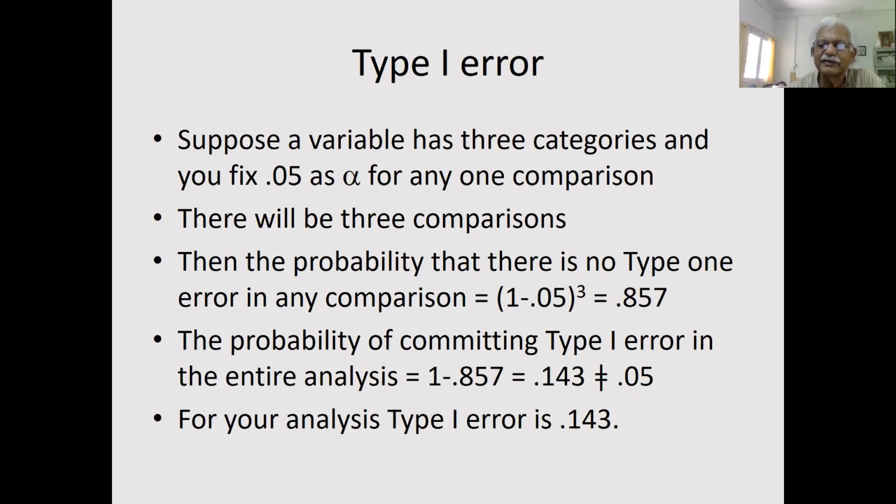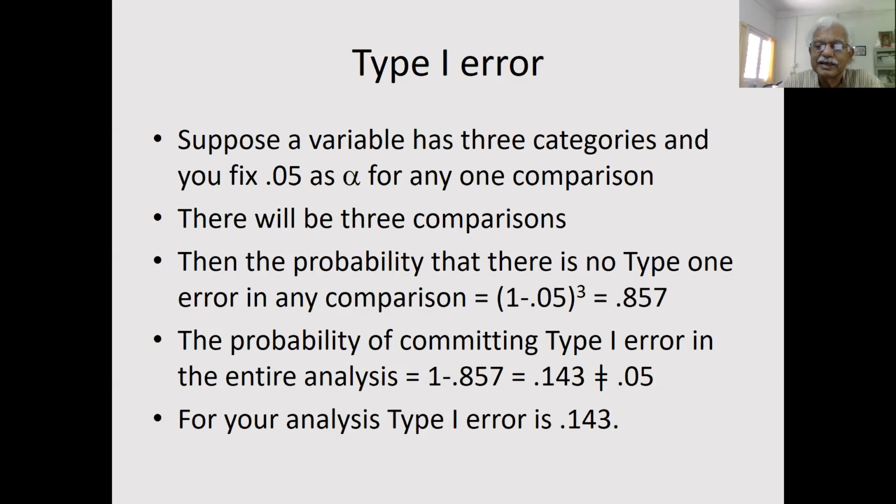So it will be 0.857. Thus, the probability of committing type 1 error in the entire analysis is 1 minus 0.857 or 0.143, which is not the same as 0.05, which is much higher than 0.05. If you want to achieve 0.05 at the full analysis level, then your p-value for a pairwise comparison should be much less than this,